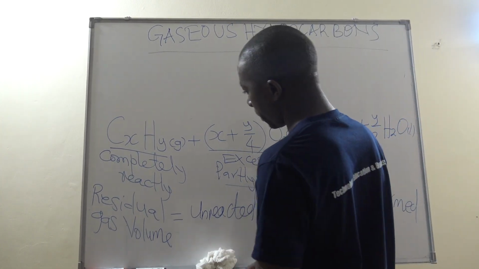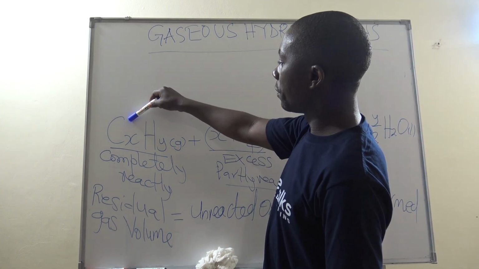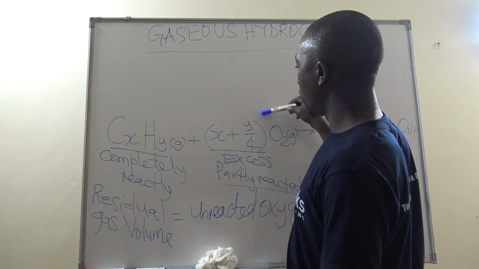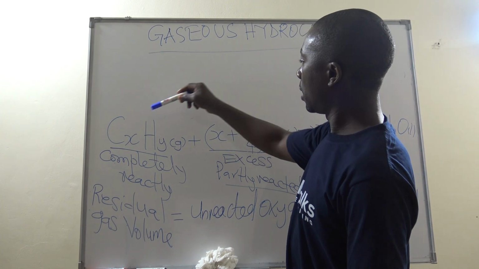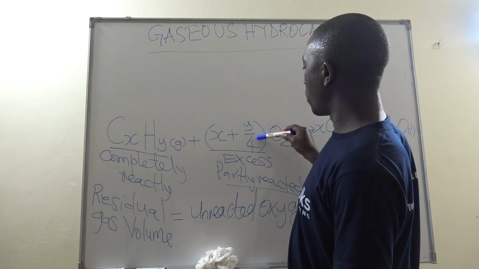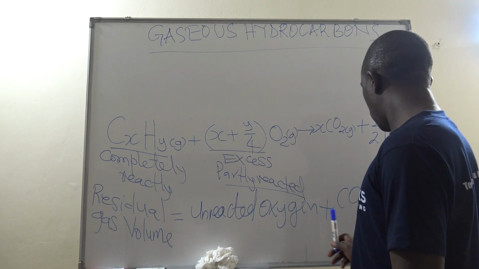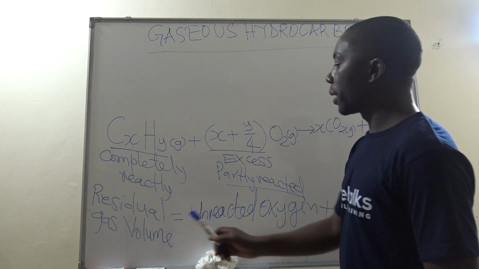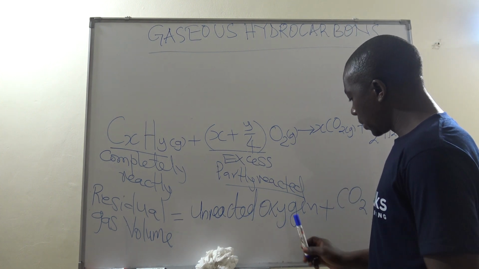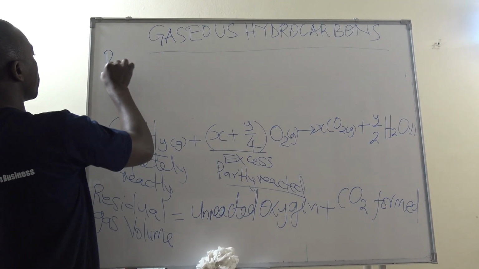How do we therefore separate it? Remember, we had the hydrocarbon volume, which is very well known, and the volume of the excess oxygen, which is also very well known. But because the oxygen is in excess and the hydrocarbon is limited, the whole of the hydrocarbon reacts completely and part of the oxygen remains unreacted. That part that remains unreacted plus the carbon dioxide formed make up the residual gas volume. Now, to separate these two gases, we come and pass it through